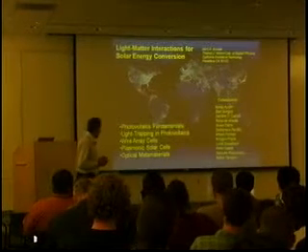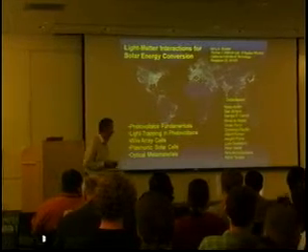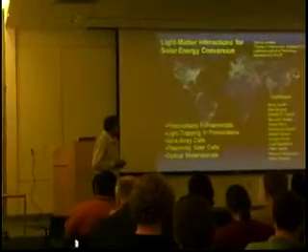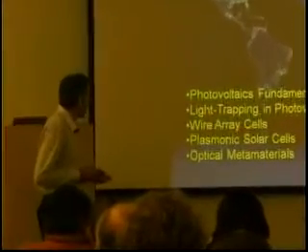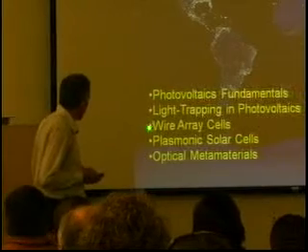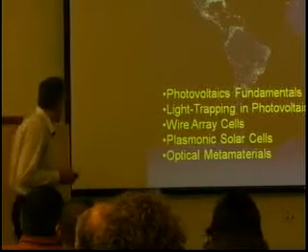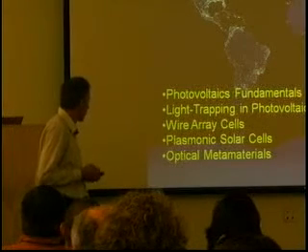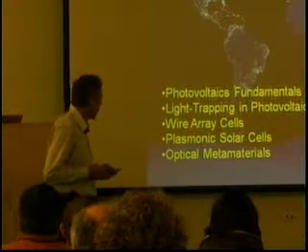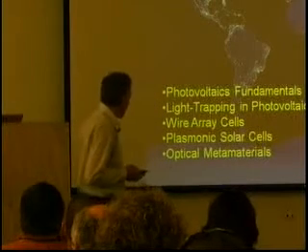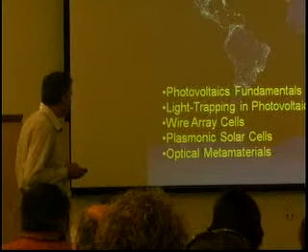I'm going to talk about some photovoltaic fundamentals, to set the landscape for those of you who are not only casual observers of the solar energy scene. I'll say a little bit about fundamentals of solar cells and light trapping. Then I'm going to describe two new kinds of solar cells that we've been involved in making. One is called wire array solar cells, which are dense arrays of upright wires, and plasmonic solar cells, where we use metal particles and metal thin films to scatter light into modes that enhance the absorption relative to bulk sheet